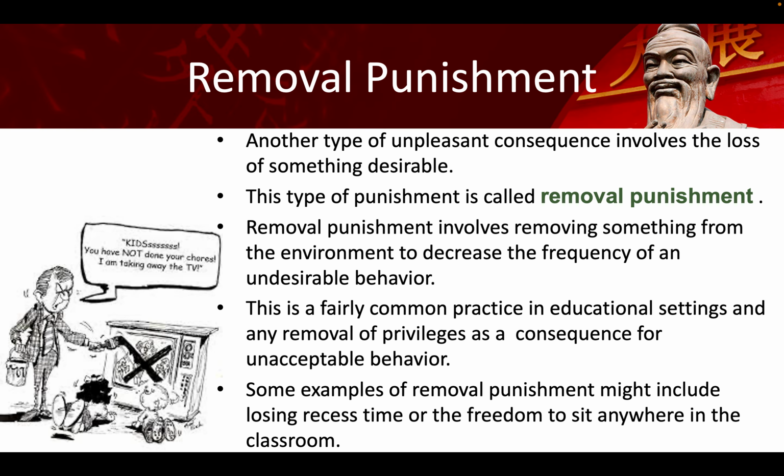Another type of unpleasant consequence involves the loss of something desirable. This type of punishment is called removal punishment. Removal punishment involves removing something from the environment to decrease the frequency of an undesirable behavior. This is a fairly common practice in educational settings, and any removal of privileges as a consequence for unacceptable behavior is removal punishment. Some examples of removal punishment might include losing recess time or the freedom to sit anywhere in the classroom,